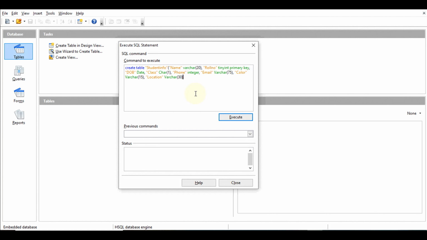So here one by one I have mentioned all my fields with data type and length if given, and thereafter I have to end this create command. Just to end the create command, first of all I have to close the small bracket, and thereafter, just to end the statement, I have to mention a semicolon here. So here my command is ending. I am just explaining this again.